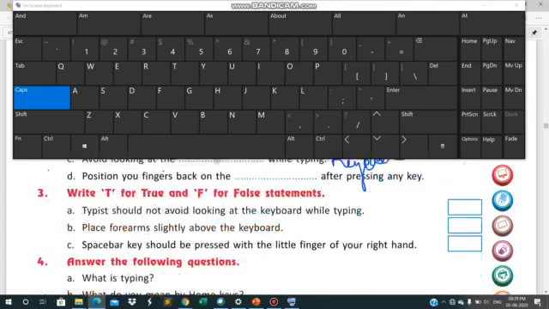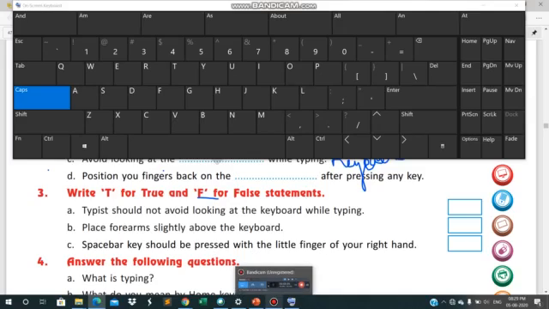Now next is: write T for the true and F for the false statement. Typists should not avoid looking at the keyboard while typing. Is this statement true or false?